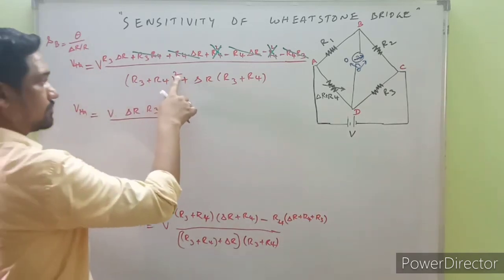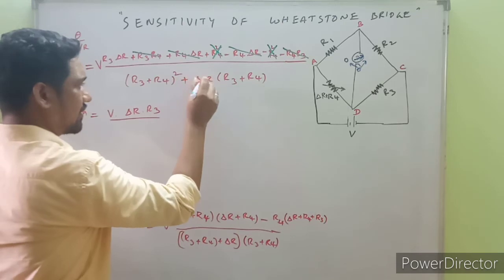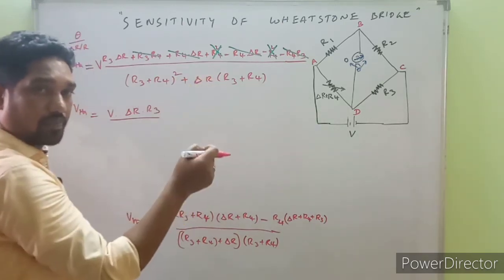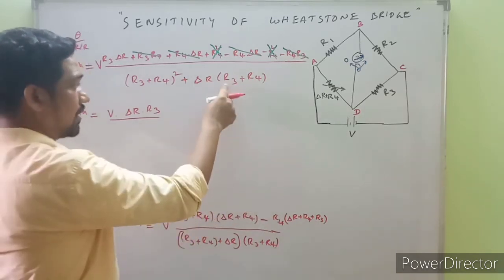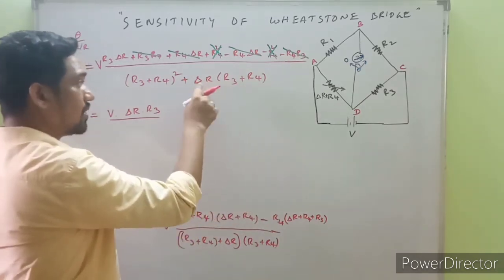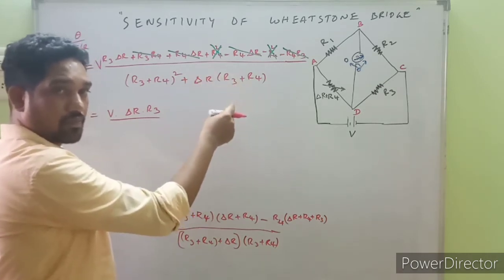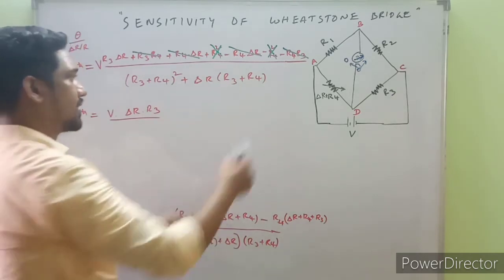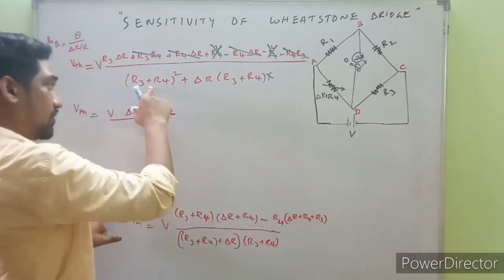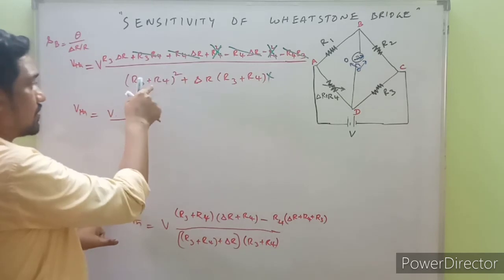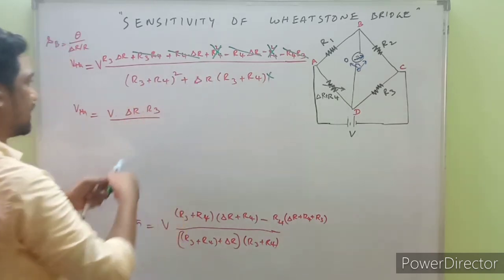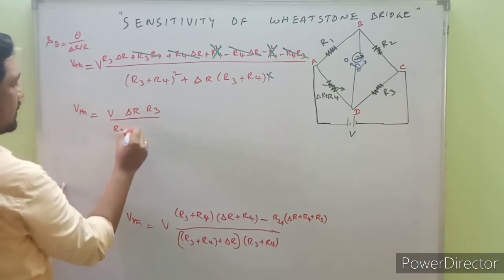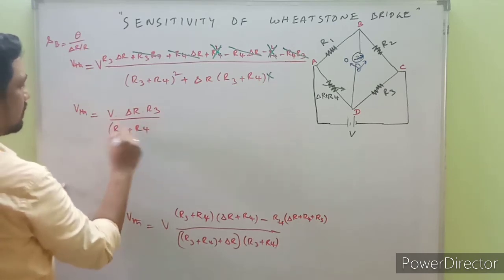It's a square term, and this term is multiplied with the del R, which is very small in magnitude. Del R is very small, it may be 0.1, like this may be 1k, and this may be 1k, and this may be 1 ohm, in that range, right? And when compared to this one, this is very small, so this can be neglected. When compared to this, it's a square term, very large, so this can be neglected. And neglecting that one, what we have is here R3 plus R4 whole square.